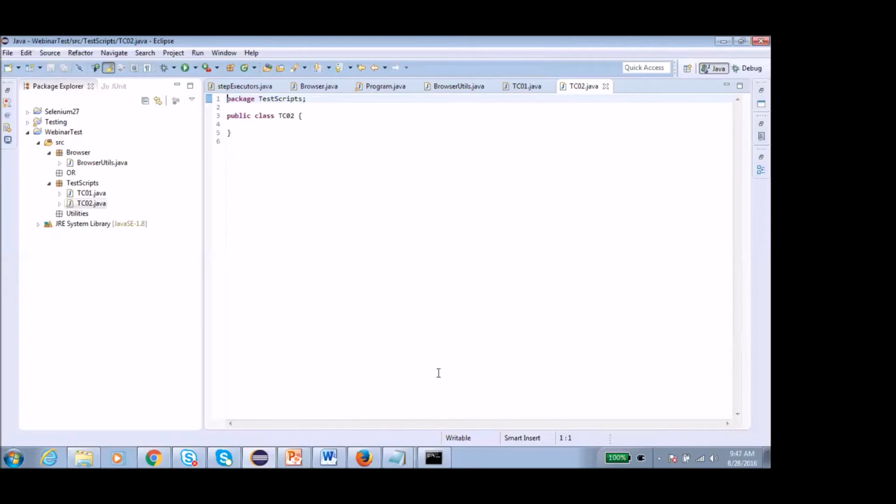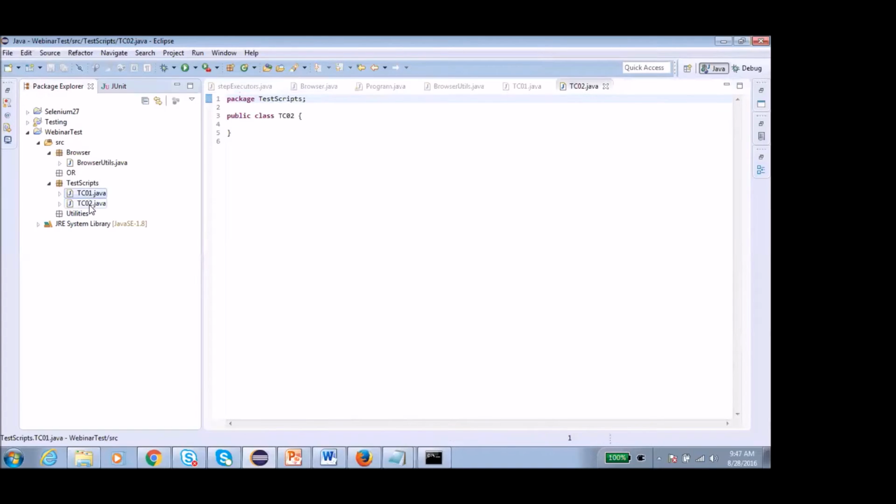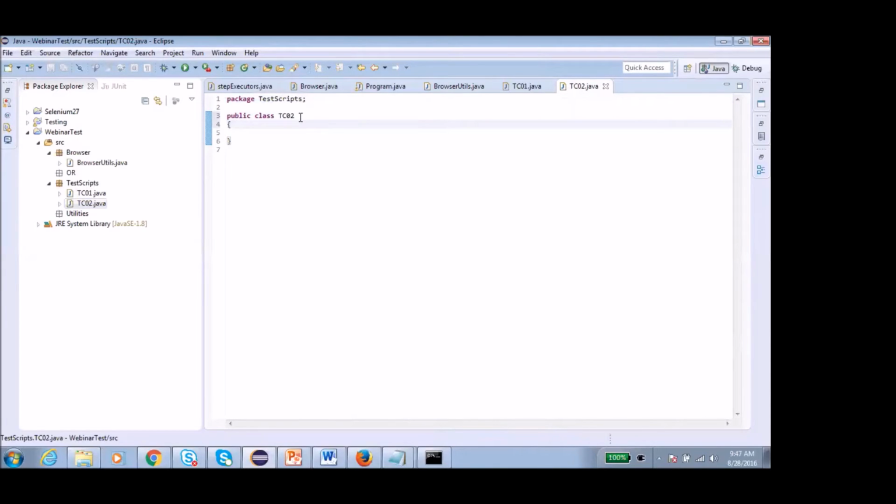As of now I am not going to discuss that, because we should not dive into those things right now. We have to understand the basics first. Just understand that we have two different test scripts created as classes, and now we can write our own methods into them.